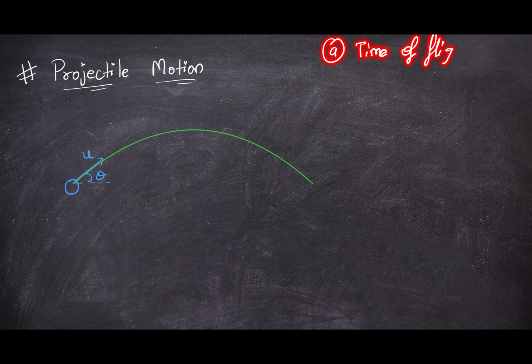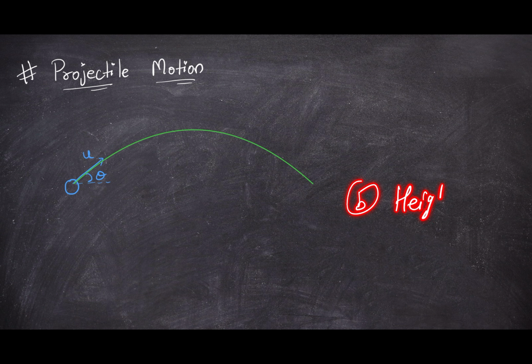There we can calculate the time of flight using Sy is equal to uyt plus half ay t square, and we got the value of time of flight as 2uy by g. For maximum height, it was how much? Nothing but h is equal to u square by 2g, correct? So now we are going to proceed into projectile motion.